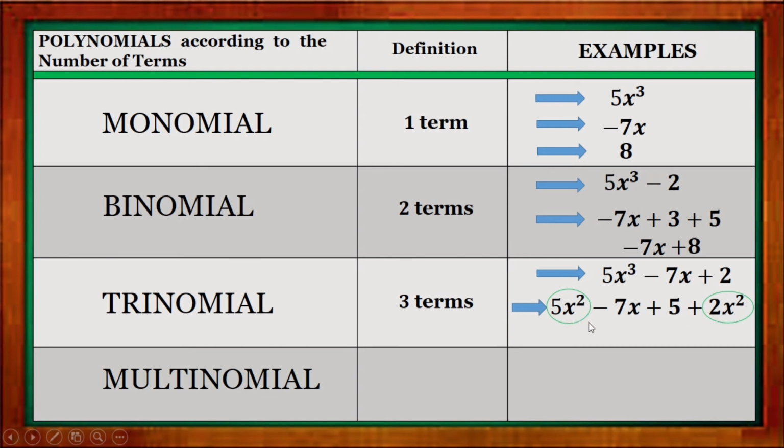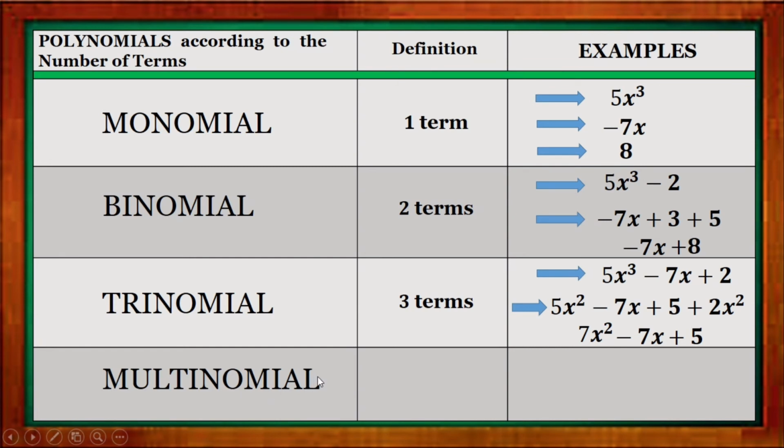That is why, isi-simplify din muna natin ito. And 5x squared plus 2x squared is just 7x squared because 5 plus 2 is 7 and just copy the literal coefficient x squared. Then just copy negative 7x plus 5. So now, ang ating expression na is trinomial because 7x squared is our first term, negative 7x is our second term, 5 is our third term. And lastly, is what we call